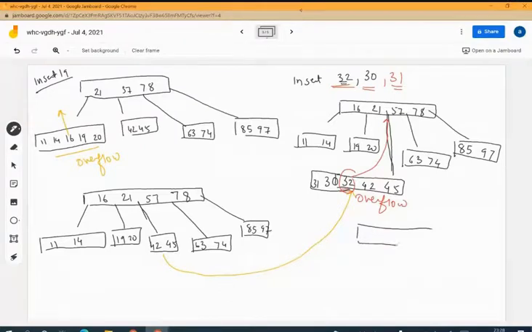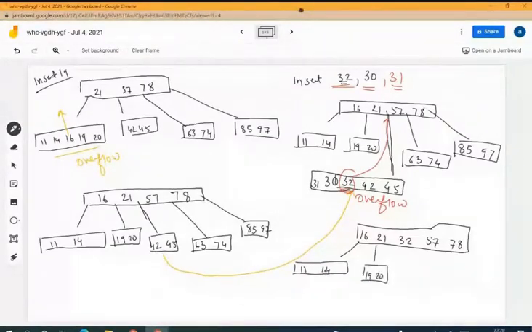It will become like this. It will have 16, 21, 32, 57 and 78. You can see here also there is an overflow that is occurring. The rest of the elements will remain as they are, that is 11 and 14, then 19, 20.